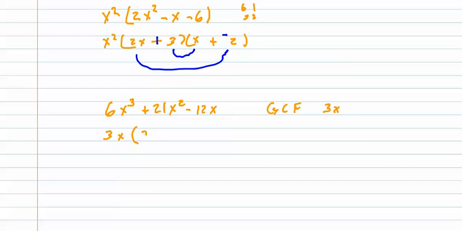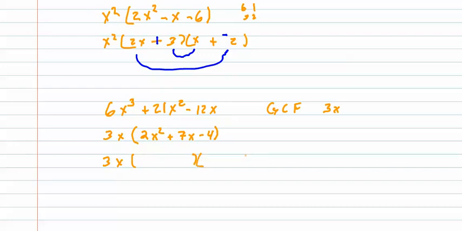3 times 2 is 6. I need 3, I have 1. I need 2 more. Plus 3 times what is 21? 7. I need 2, I have 1, I need 1 more. Minus 4 times 3 is 12. I need 1, I have 1. I'm good to go. I then try, if possible,